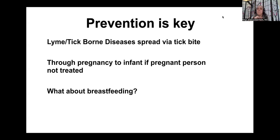They may not have a fever or a rash. I mean, they might, but sometimes it's just that all of a sudden they start having tantrums and mood swings. And you could say, oh, it's just the terrible twos. And maybe it's not. If you knew there was a tick bite, then you want to get them to someone